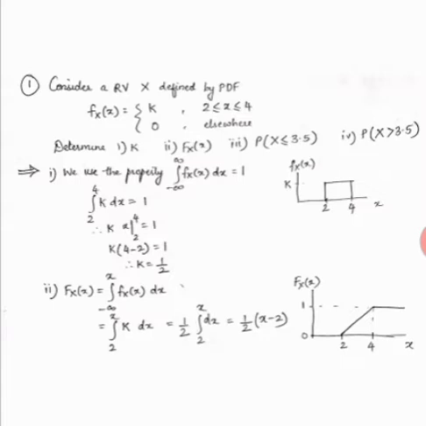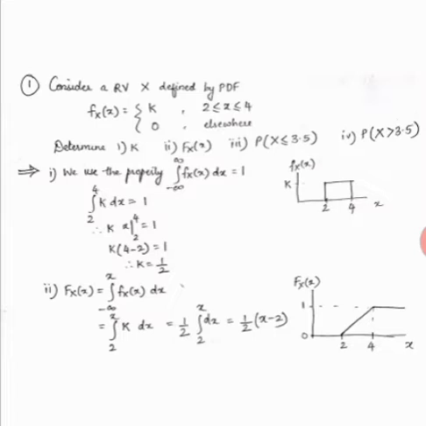And if you put x value as equal to 4 over here, 4 minus 2 divided by 2 is going to be equal to 1. So the cumulative distribution function till 2 has the value 0. Then the probability starts piling up, that is accumulating, between the range 2 to 4. It keeps on increasing, it's an increasing function, and it reaches the complete probability, that is 100%, equal to 1, by the time x reaches 4, and then it remains constant.